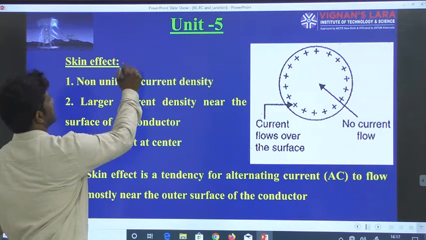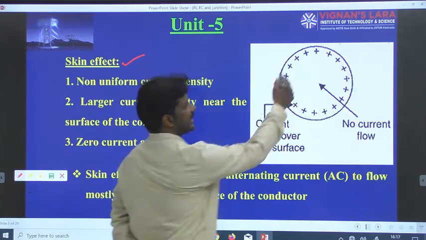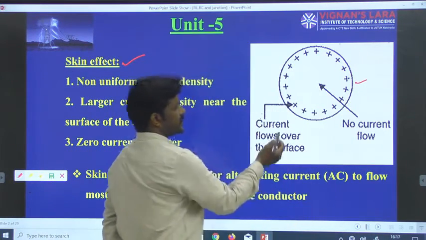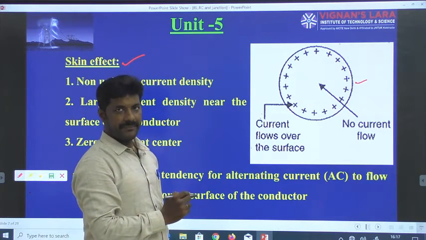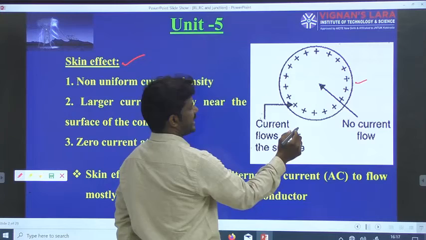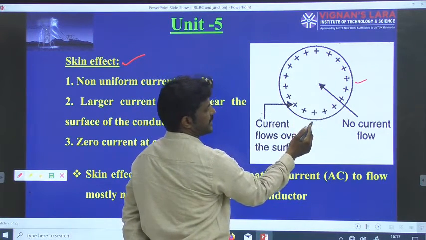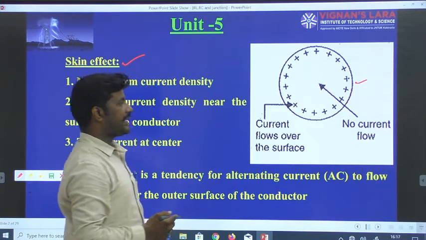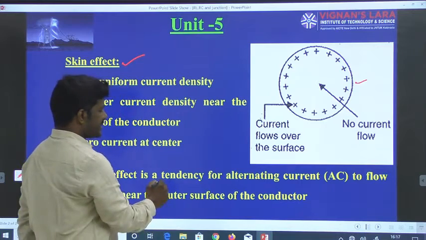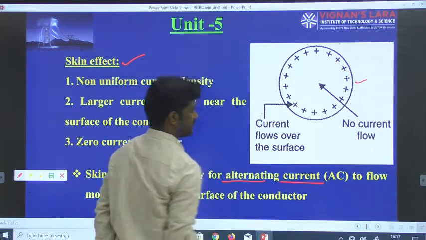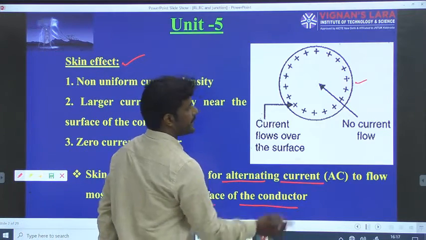Coming to the skin effect, the name itself says that, let us see here a conductor. So whenever this conductor is used to transfer the AC supply, that is whenever this conductor is carrying an AC current, then a non-uniform current distribution takes place in the inner surface of the conductor, that is throughout its cross-sectional area. So the tendency of this alternating current to flow mostly near the outer surface of the conductor means this